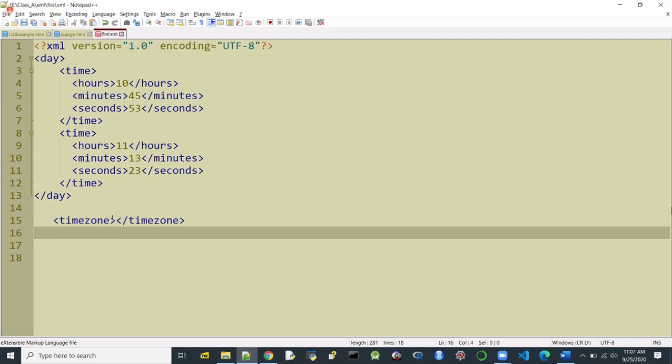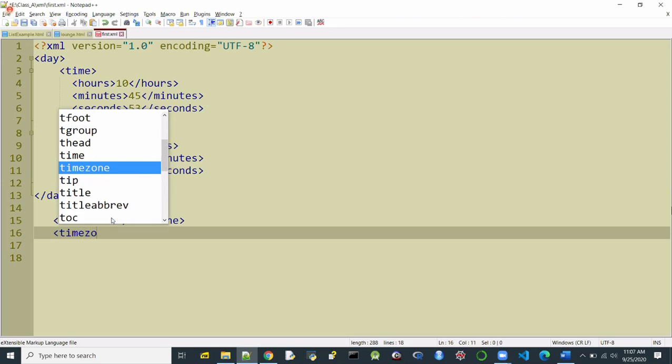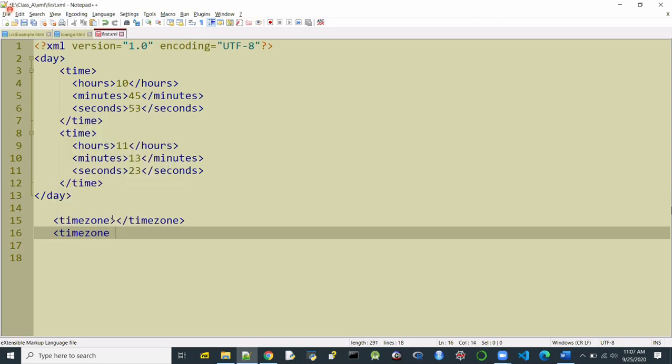Or else another way is I write the tag text, then I give a space, then I put the forward slash, and then I put the closing angle bracket. So this also indicates an empty element.